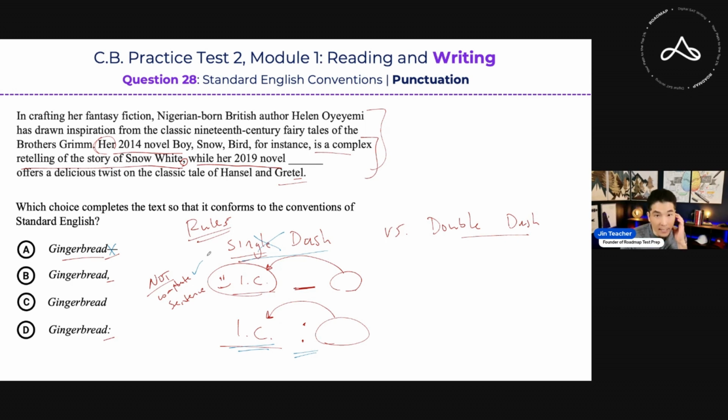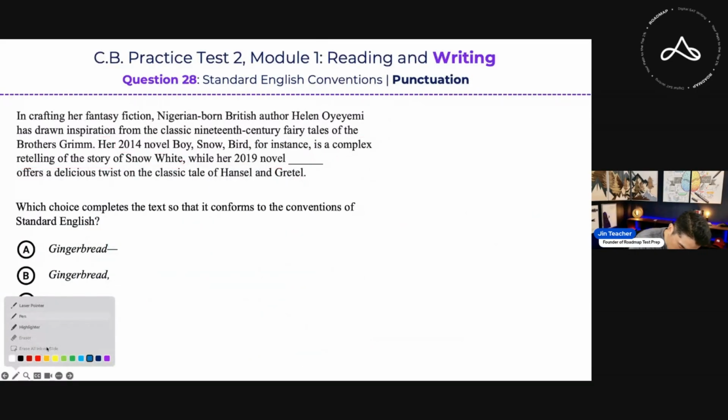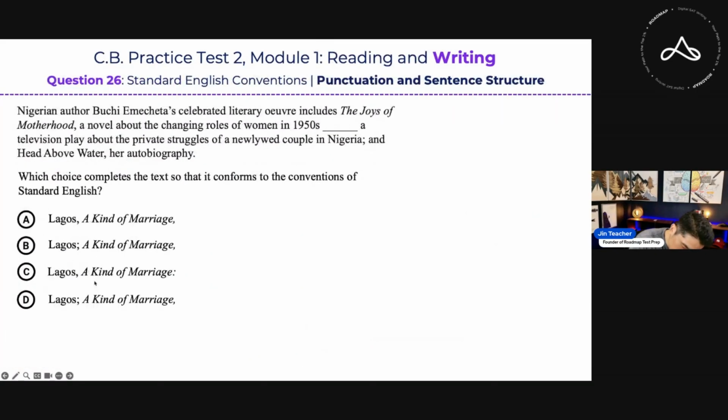So you know that logically, if A is wrong because I don't have a complete sentence before the dash, then I know that D is also going to be wrong because I don't have a complete sentence before the colon, right? So you can just cross out D immediately as well, okay? And then now we're left with B and,